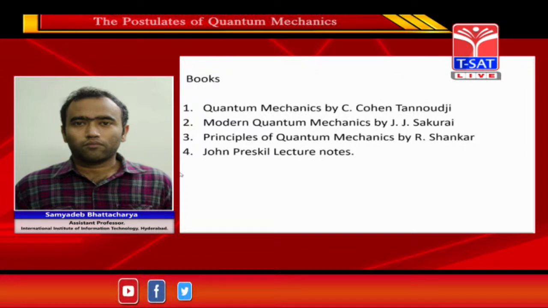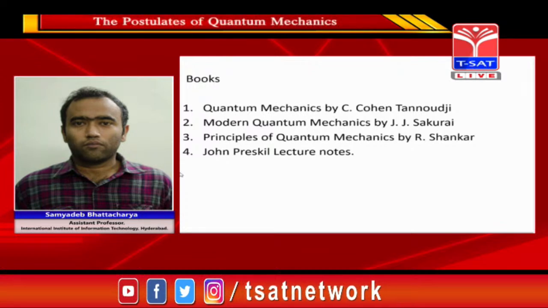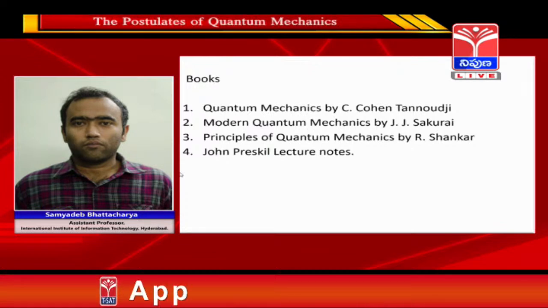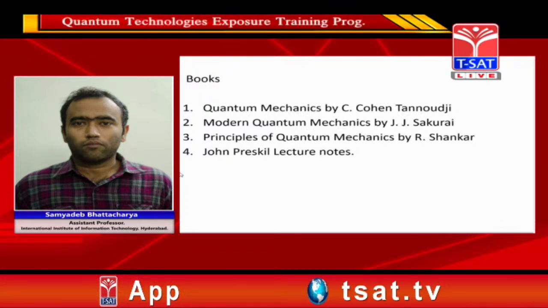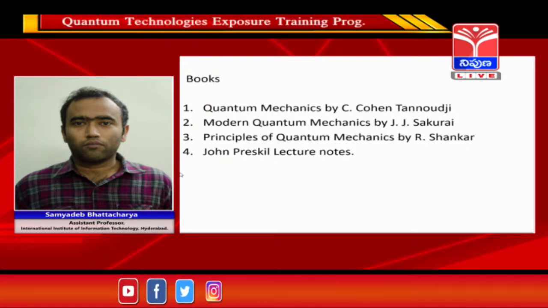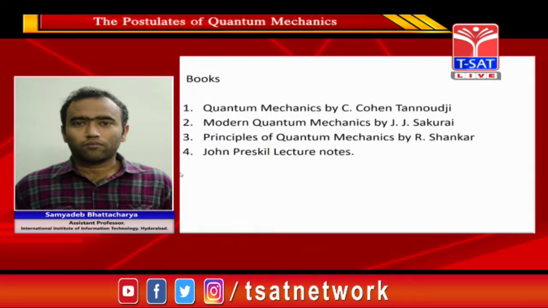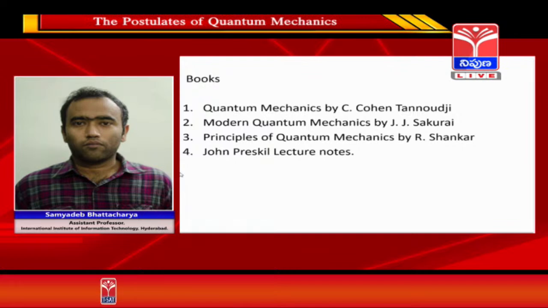There is one particular book that I have liked very much since my graduation days, Modern Quantum Mechanics by J.J. Sakurai. Please be careful: there is another book by Sakurai called Advanced Quantum Mechanics. Not that. This is Modern Quantum Mechanics by J.J. Sakurai,